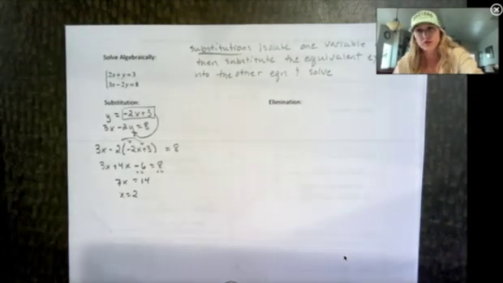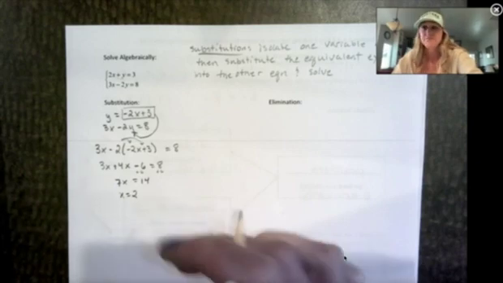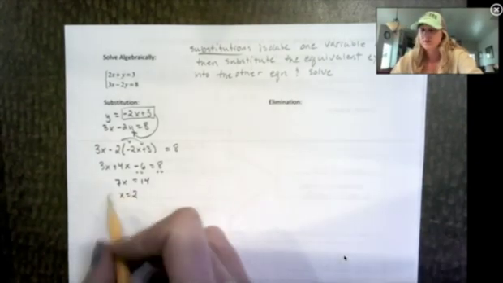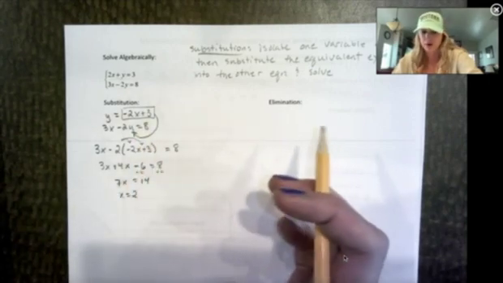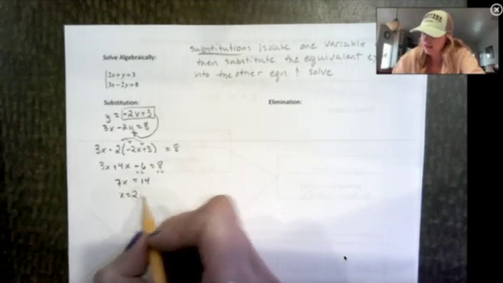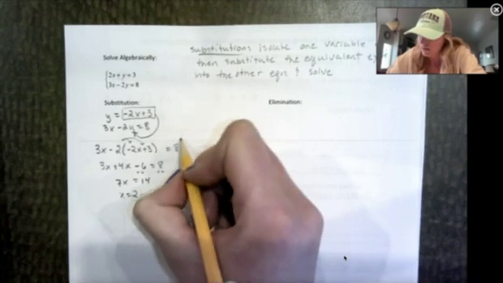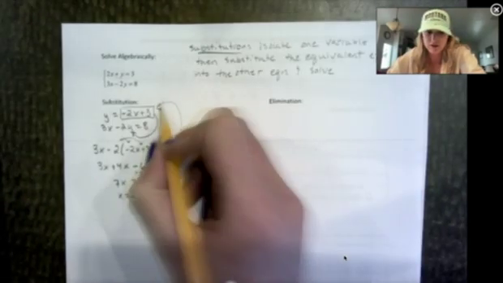So remember, a solution to a system, I need an ordered pair, which involves an x coordinate and a y coordinate. So far I have the x. Now to get the y, all I have to do is take my solution for x and plug it back into one of the original equations. It does not matter which. So I'm going to plug 2 back in for x, and I'm actually going to use this equation,